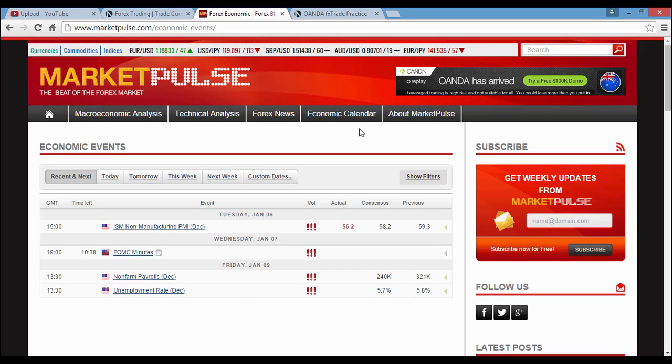You can actually filter that information. There is a lot of information over many countries and many currencies. So what I've done here is filter the information to have only the most important pieces of news that are due in the market. They are marked with 3 red exclamation points. And I chose the country to be US only. So what I can see here is that on Friday, the 9th of January, we're going to have the non-farm payrolls